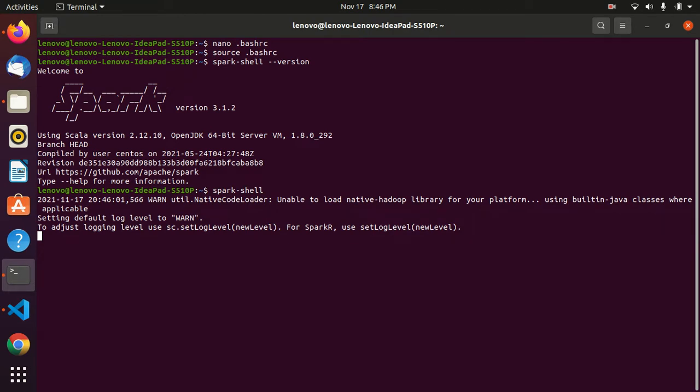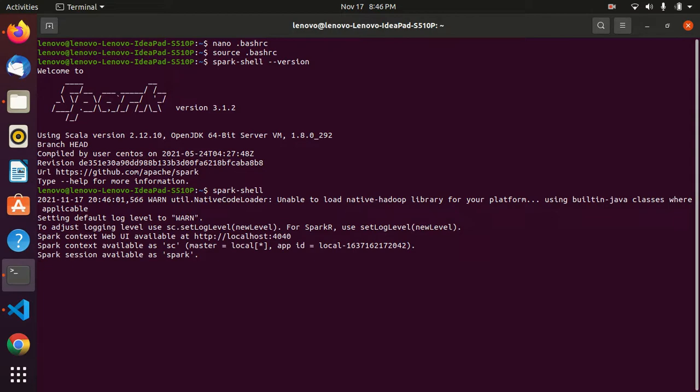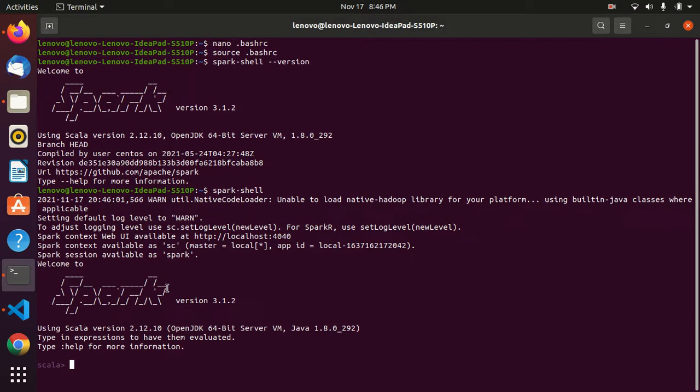It will go into the shell, and after that see, we can see Scala. So here we can write our command.